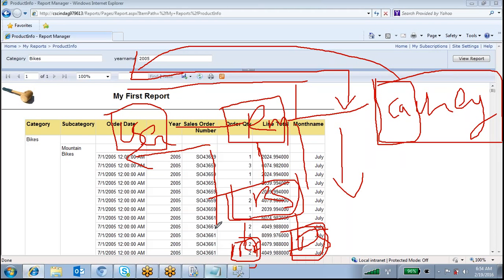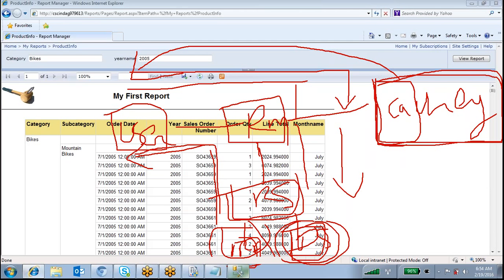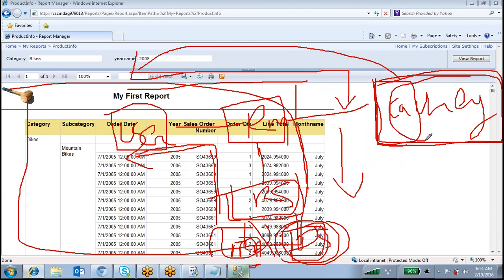Definitely it has to process the report, fetch the data from the data source connection, and return the report. From the next time onwards, no need to process the report, no need to execute the report, no need to fetch the data. Directly it is taking the copy of that report. Just this screen only it is saving in the cache. It is just displaying that report to you the second time if you are applying the cache.